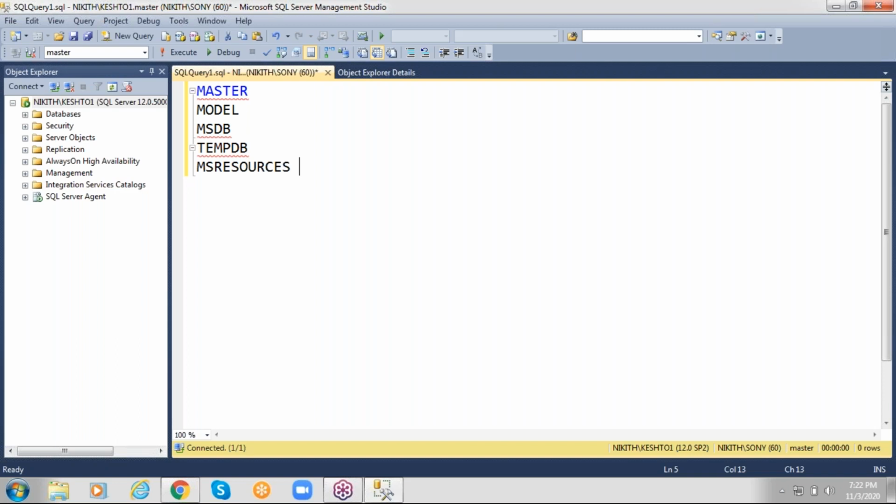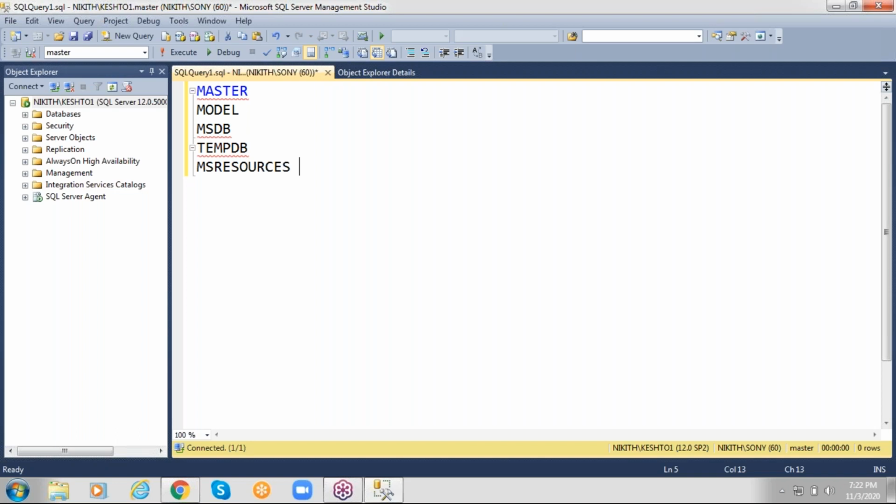Okay, I can say complete SQL server depends upon master database only. Sometimes we face issues like master database corrupted, master database is unavailable. In that case, what happens, even you cannot start service. So that is the importance of master. Next, model database. Model database, I can say it is kind of template.